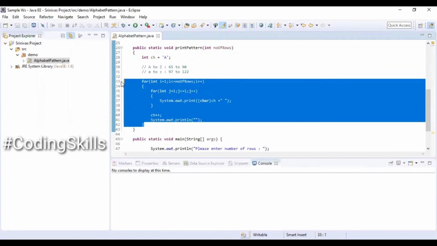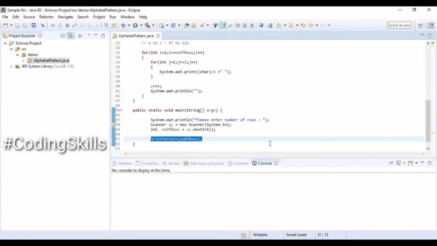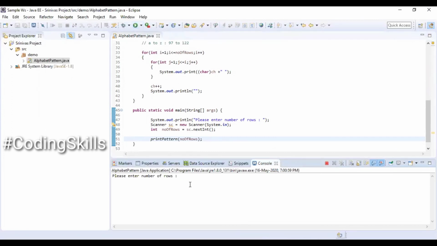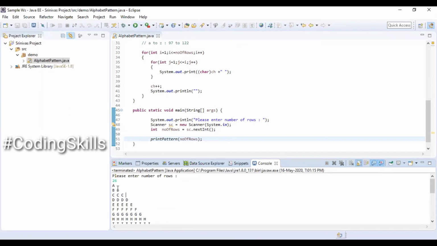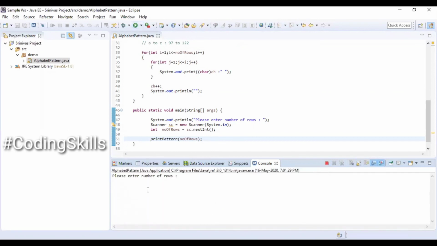So executing this program, entering a number of rows, it is going to display as expected. So if the input value is up to 26, the triangle is going to display as expected within the alphabets. See, 26 means A to Z it has displayed. If the input value is beyond 26, then it starts displaying the special characters as per the ASCII value, which is in the next series.